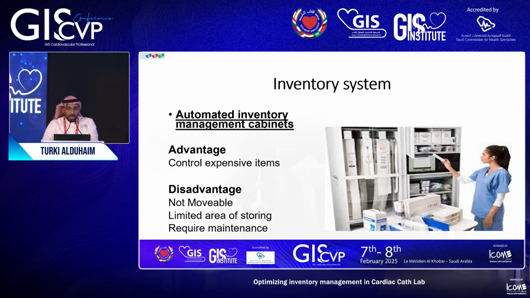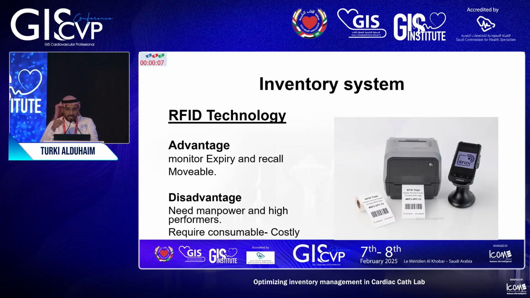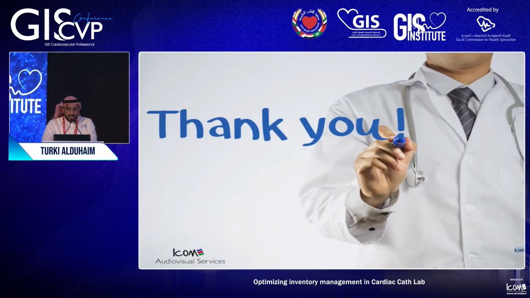The disadvantages are that it's not movable, has a limited storing area, and requires maintenance. Third, RFID is just a chip or a sticker. You will put it inside the box of the material or item, monitoring expiry, and it's the best for